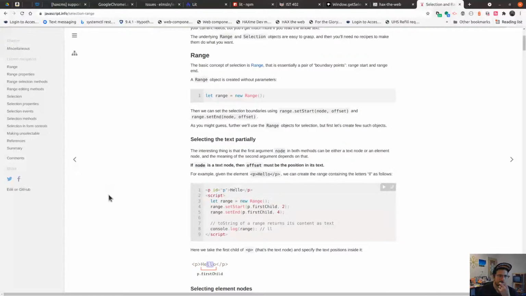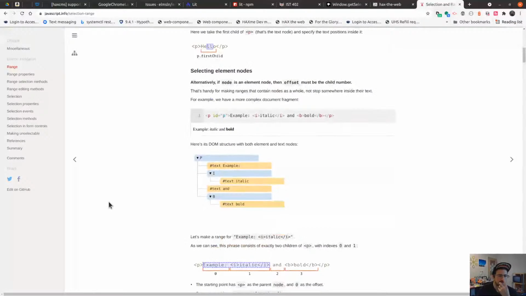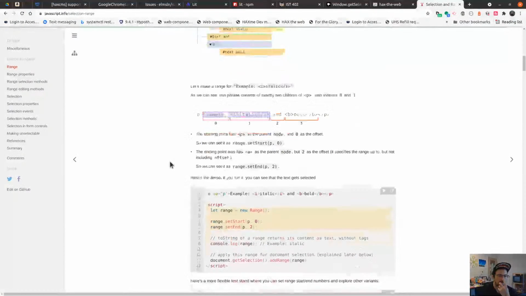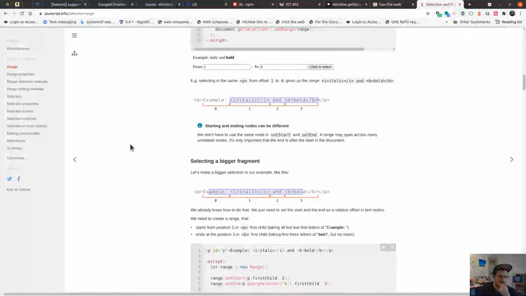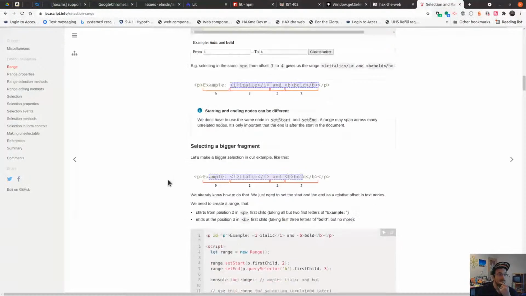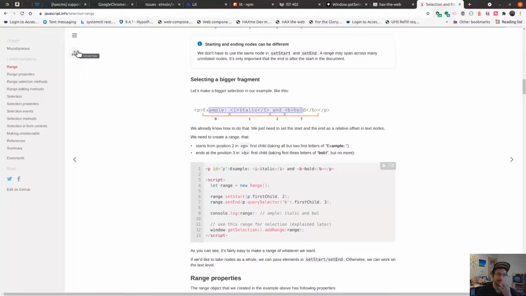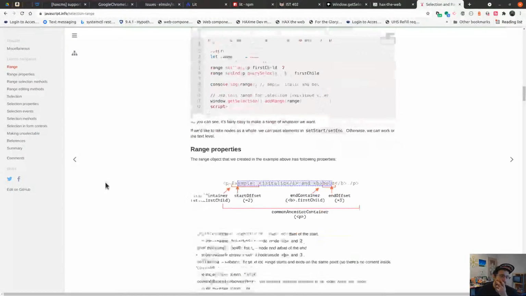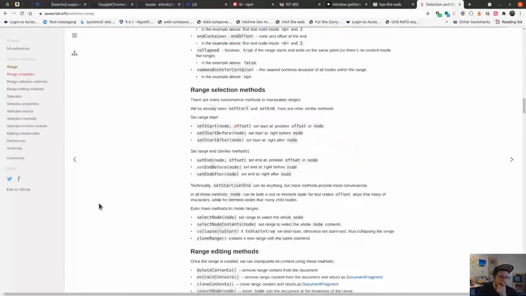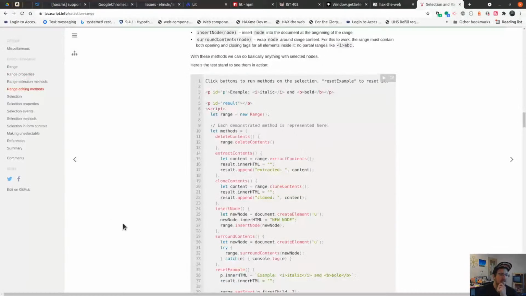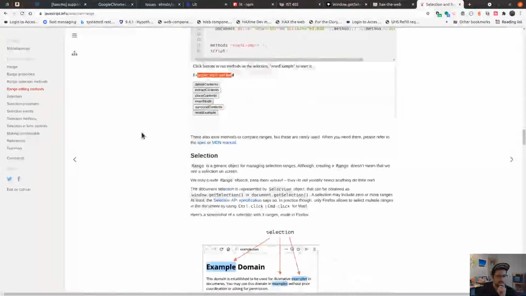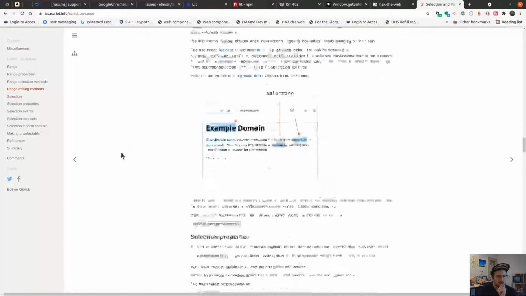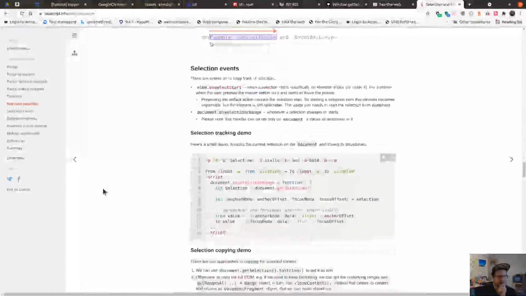Now, selecting element nodes. Huh. This is very well done, this javascript.info article here. Range properties, range selection method, surround contents. I actually didn't know about that one. That's cool. Selection API. Yeah, I wonder if there's a way to like force selection